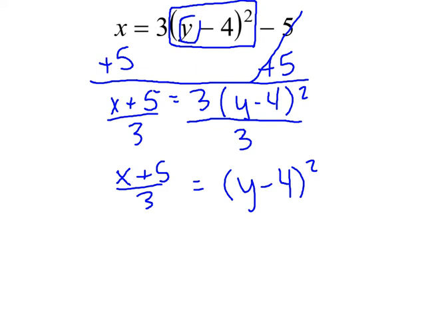I know the inverse of squaring, hopefully you remember, is taking the square root of both sides. And there's typically an unwritten 2 there, and that's what tells me to do the inverse of that. So this 2 and this 2 kind of cancel each other out. So let's say if you had